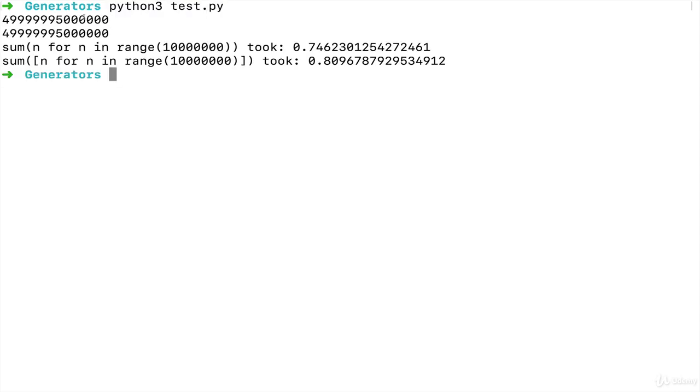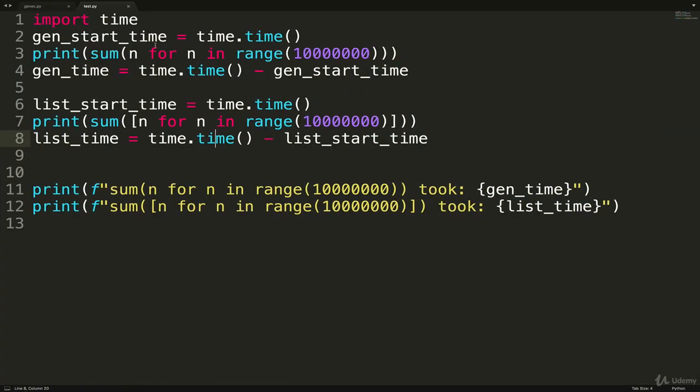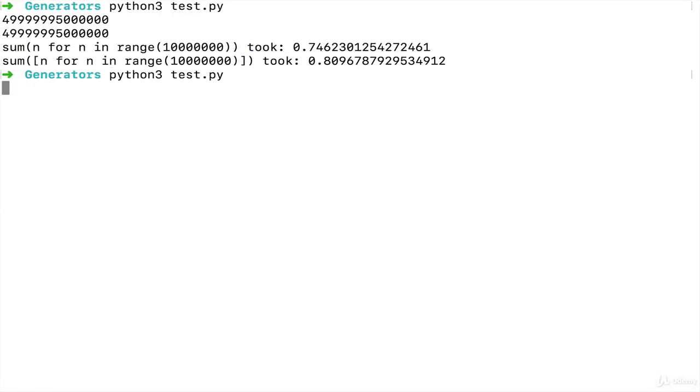Okay, let's make sure I don't have any errors. Try running it. Fingers crossed. Okay, so it prints both of them out, and then we can see the difference over here. It looks pretty small when we're doing 10 million, but you can see the generator was faster, although I'm not necessarily comfortable with that margin because time is somewhat imprecise. Let's do an extra 0. How about now? Might take a moment.